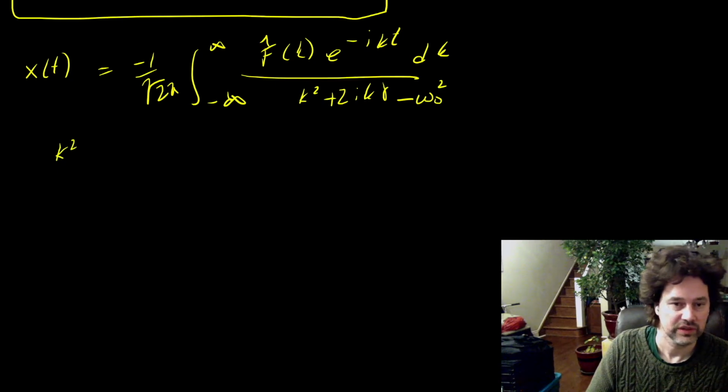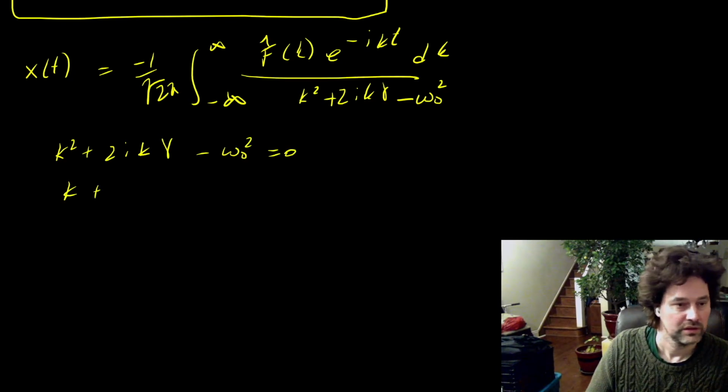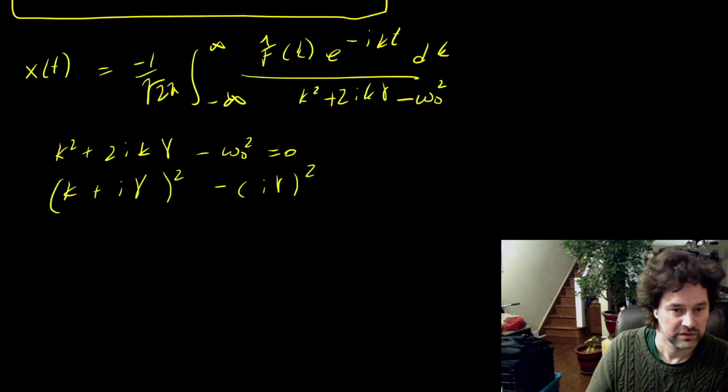So what are the conditions for the denominator to be 0? That's k squared plus 2i k gamma minus omega naught squared equals 0. So that's going to be true when (k plus i gamma) squared minus (i gamma) squared minus omega naught squared equals 0,